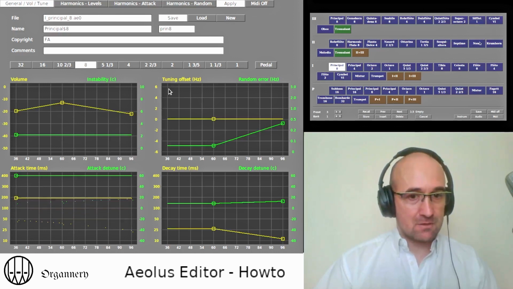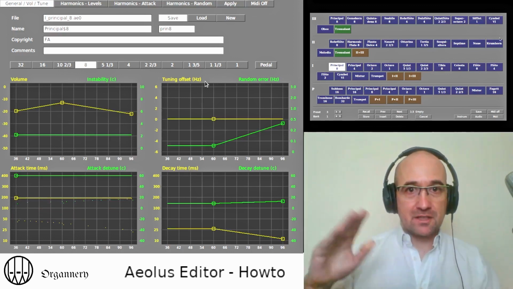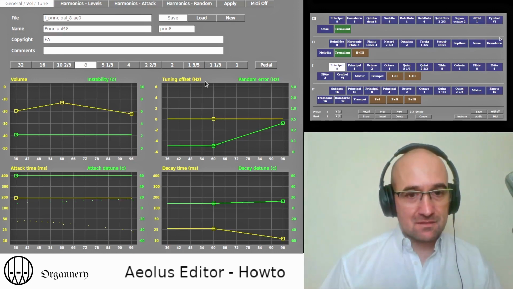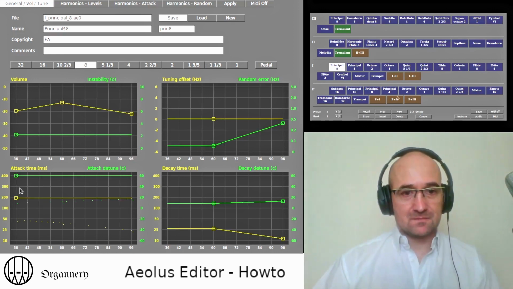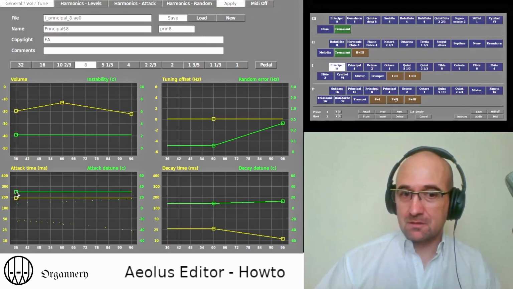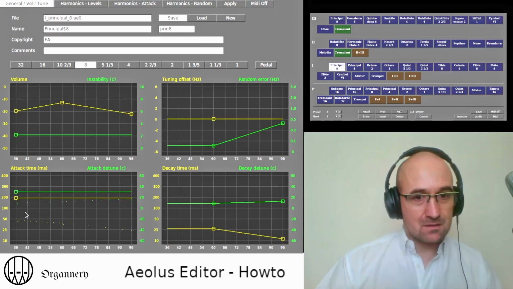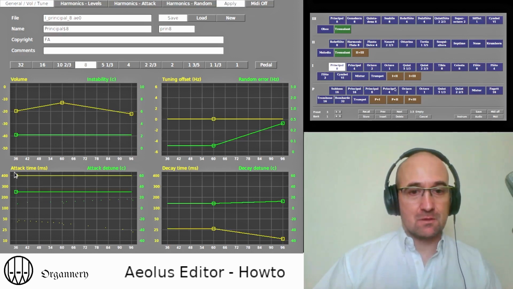So for now, you can hear the error at the beginning of the note, which is characteristic of pipe sounds. More subtle, let's make a bit more, with a long attack.